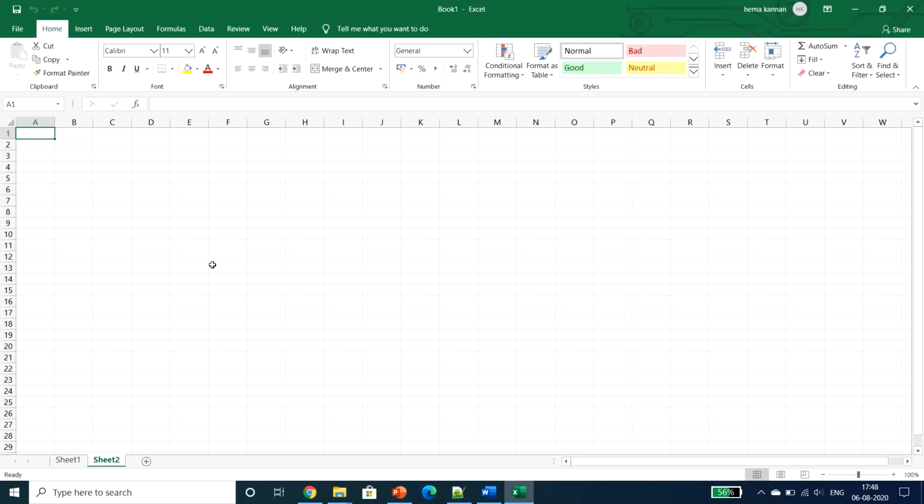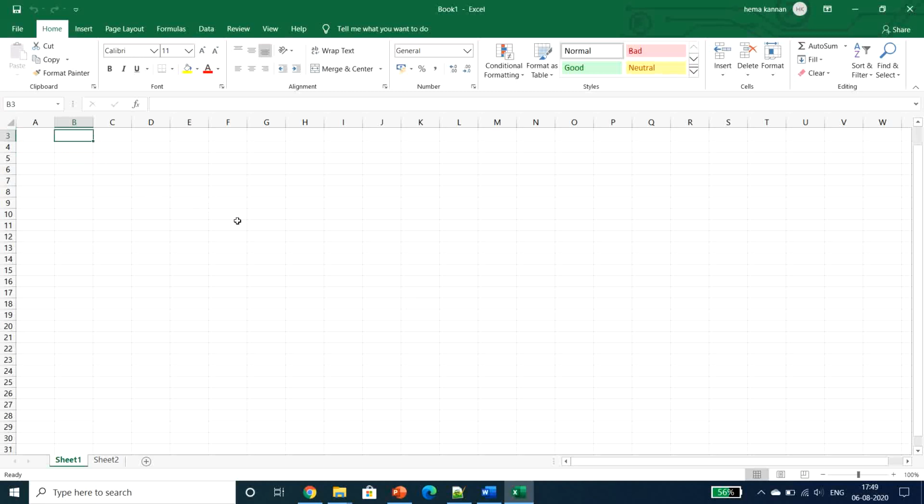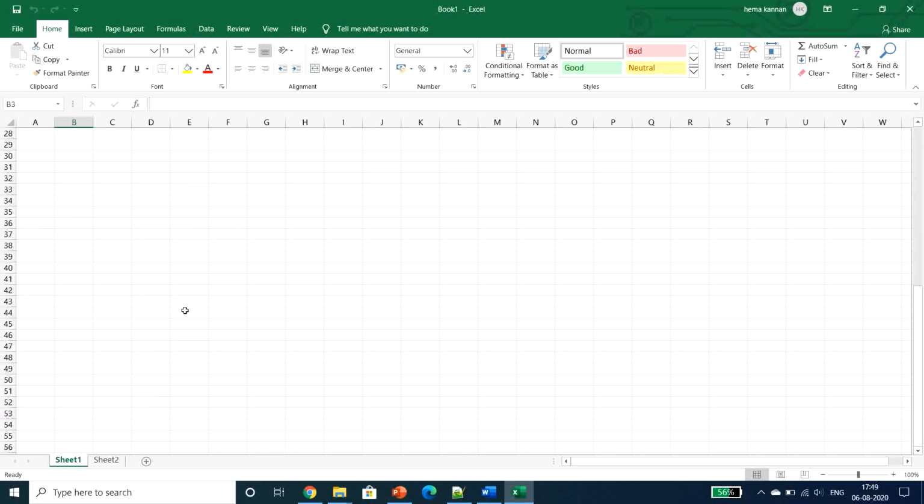This will be useful once we maintain a budget or calendar to note down each and every month. For example, January events can be noted in sheet 1, February in sheet 2, and March in sheet 3, and so it goes on. The requirement varies. The point is we can add n number of sheets here, and these cells and worksheets also will be moving on.